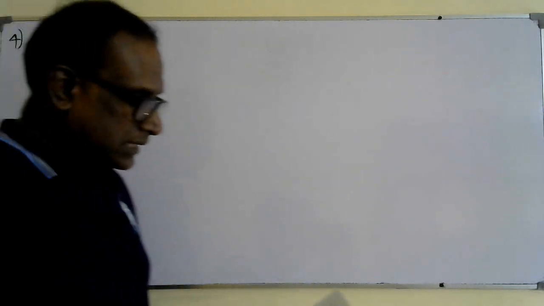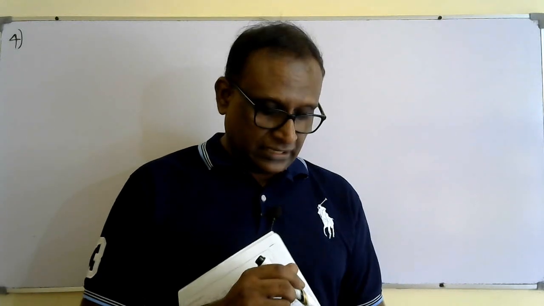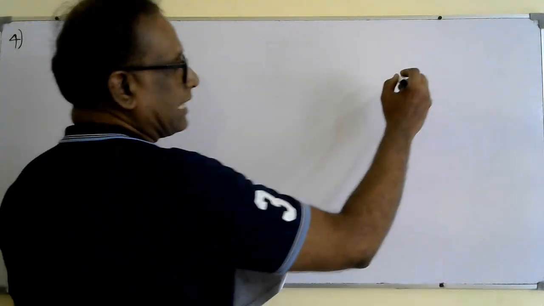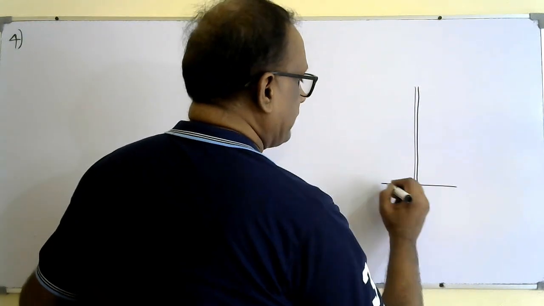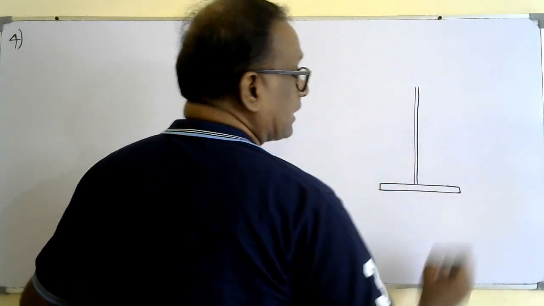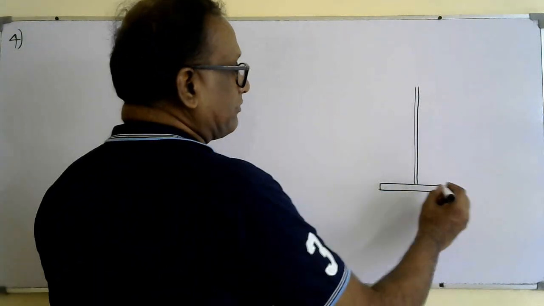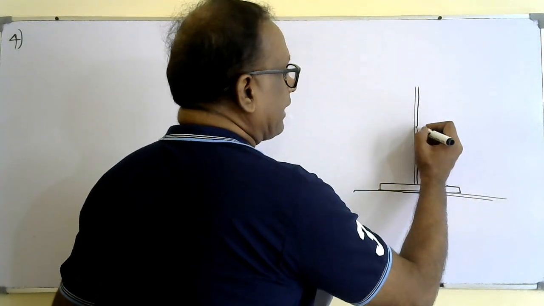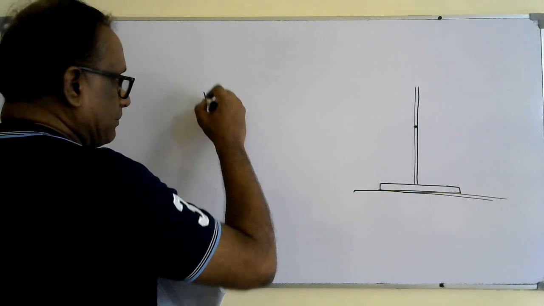Okay, question number 4, B part. It's about something related to toppling, stability. In IGCSE physics, you would have learned that, for example, if there's an object like this with a larger base, whatever, normally we teach why a lamp or a pedestal fan needs a larger base. For example, if there's an object like that kept on a floor, with the center of mass somewhere here, and it is tilted something like this,